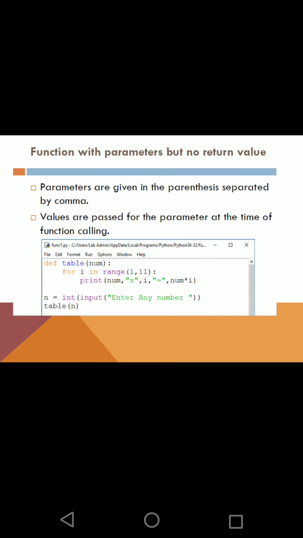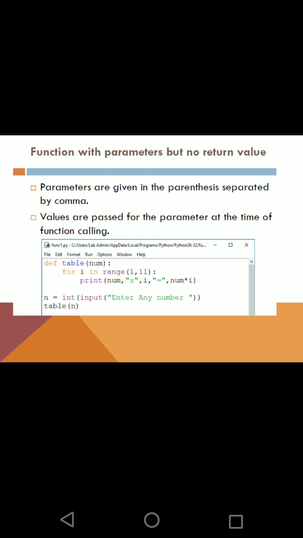Now coming to another type, which is functions with parameters but no return value. Here you can see the function is taking some value, and while calling the function table, a parameter is being passed.